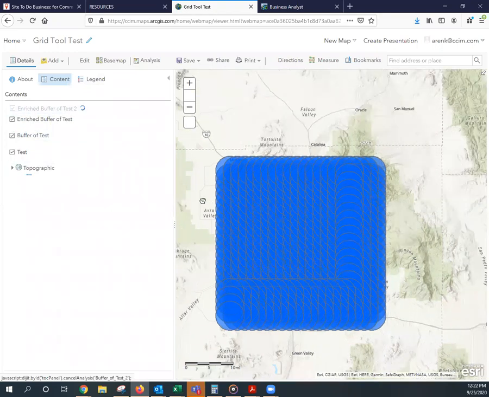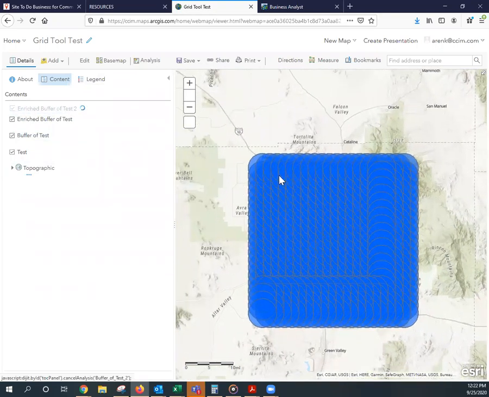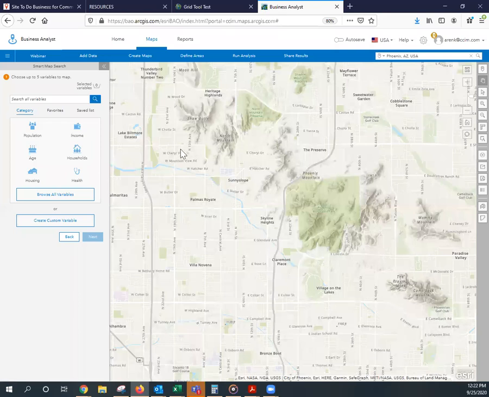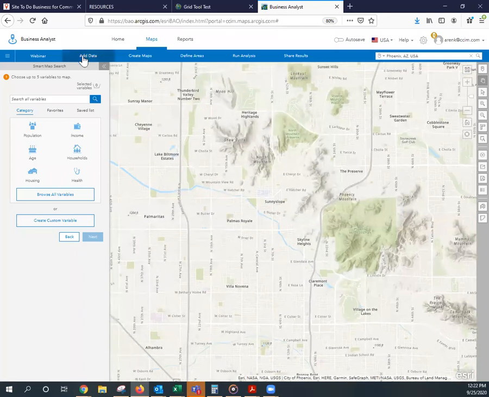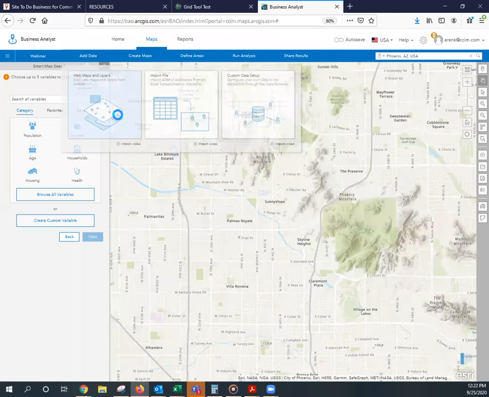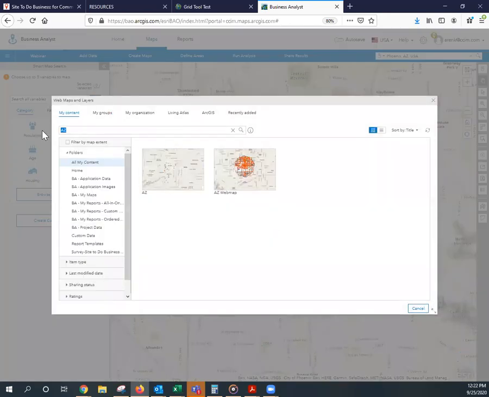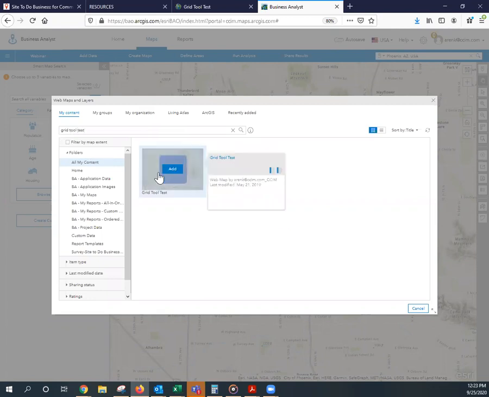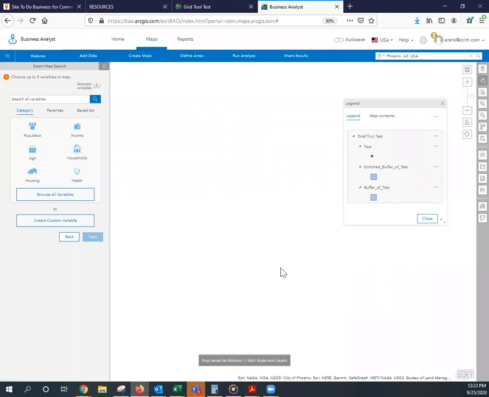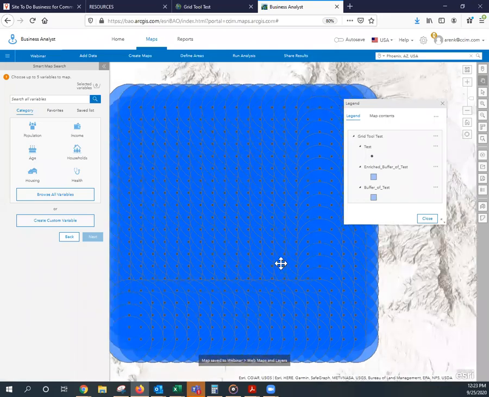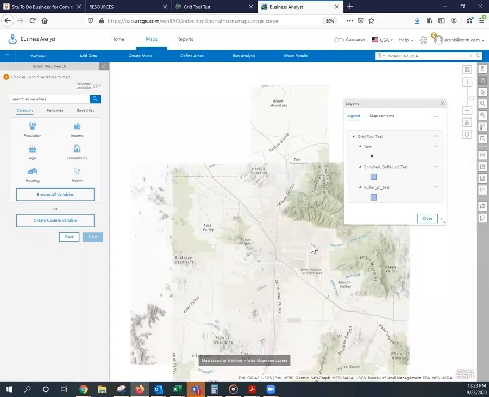So then, what I can do is take this layer that I've created and actually just upload it into Business Analyst. So I'm gonna do the same thing I've done before. Go to Business Analyst, hit this Add Data, search for web maps and layers, pull up this grid tool test and pull it here. I'm gonna select Add. And you can see now that I have this consistent layer of 1 mile rings